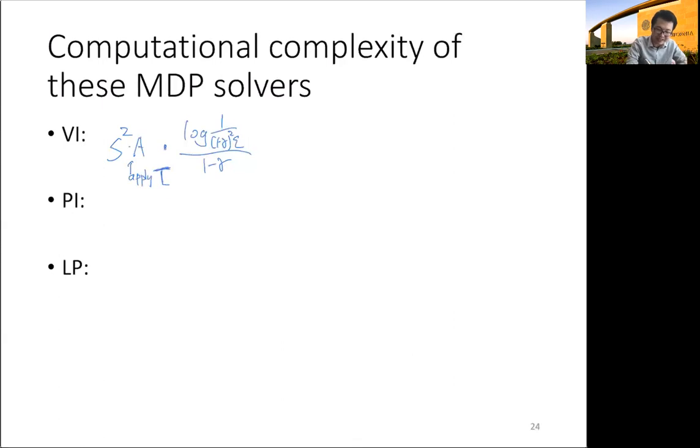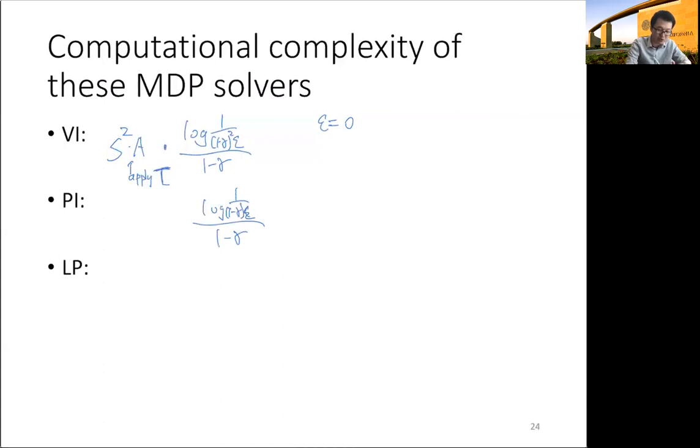On the other hand, it doesn't really allow you to choose epsilon to be 0, right? You cannot choose epsilon to be 0, otherwise it could take forever to converge. So it doesn't really give you the exact solution. And similarly for policy iteration, from the lemma that we've seen just now, you can rewrite it with an iteration complexity to be this over 1 minus gamma. But